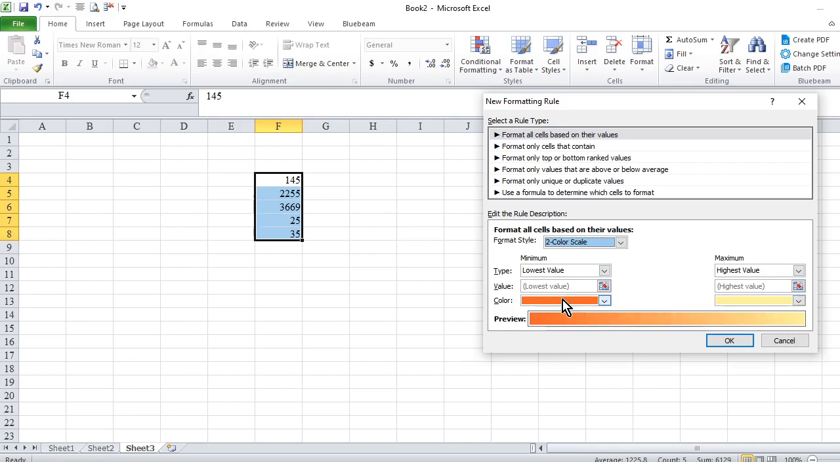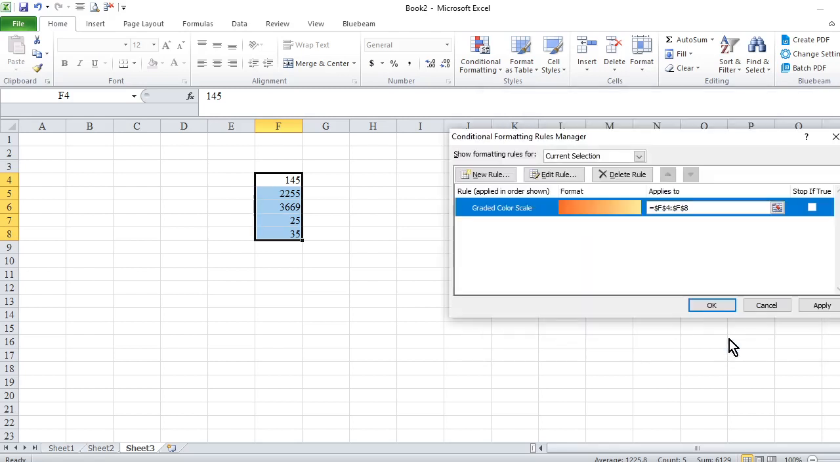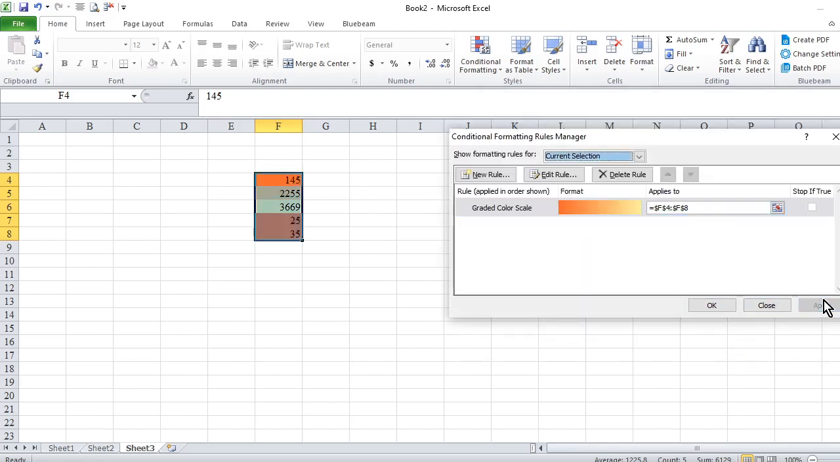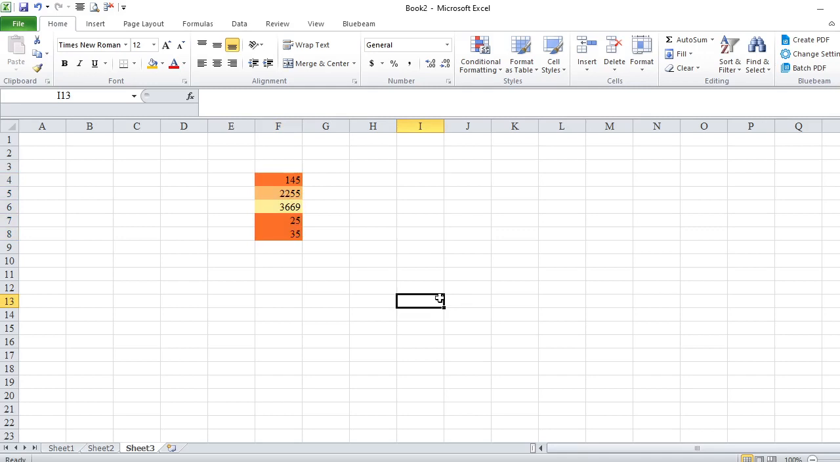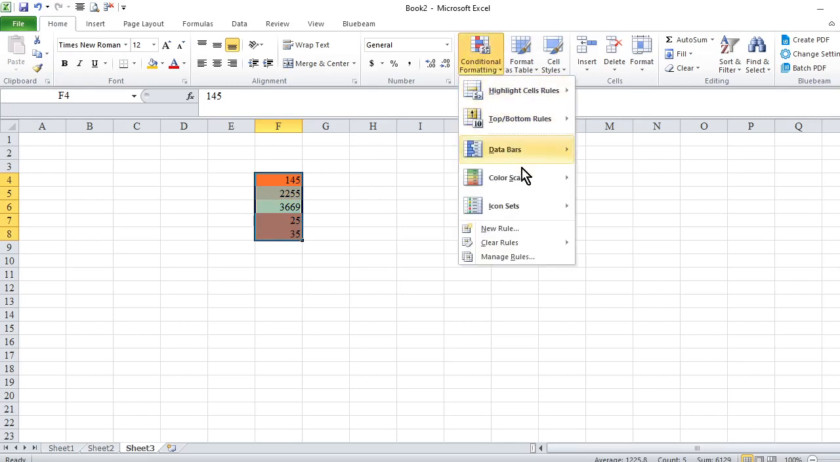Okay, yeah. So look, if I make it apply, you see, these are the transition colors in the meantime. This is the highest, these are the smallest, and the others have related colors based on their values within this range. Okay, this is one way of formatting. The other way of formatting is just